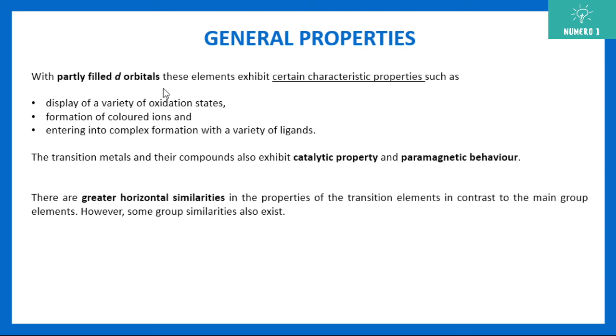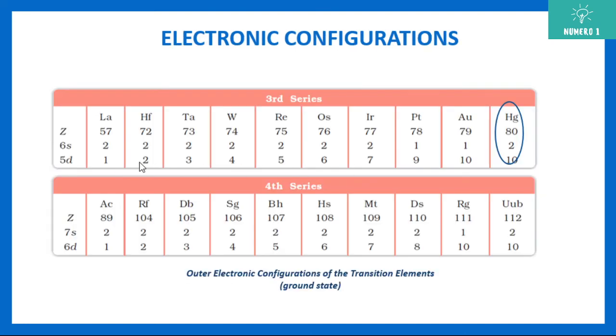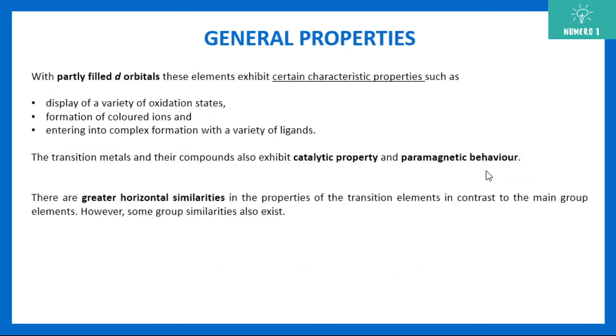Due to all of these properties, they have catalytic property also, because they show multiple oxidation states, empty d orbitals, and a lot of things which give them the benefit to behave as a catalyst. Same way, they are paramagnetic in nature. Paramagnetic nature arises due to electrons which are not paired. In all these we have seen one electron unpaired, two electrons unpaired, three electrons unpaired, and four electrons unpaired, and so on. It increases and then it decreases. That's why they have paramagnetic behavior.